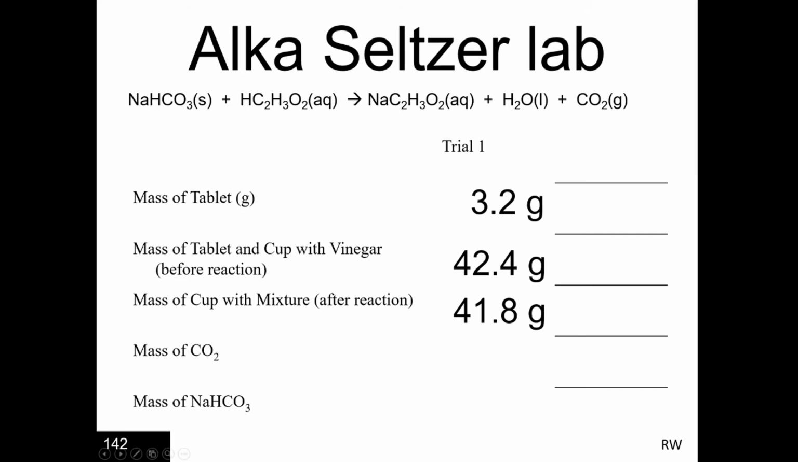Well, if you said the carbon dioxide, you're correct, because that's the bubbles that came out of the reaction. So now we can find the mass of the carbon dioxide. Now we've got a foothold into this problem. So once you know that, the mass of the carbon dioxide, subtract 42.4 minus 41.8 is 0.6 grams, then